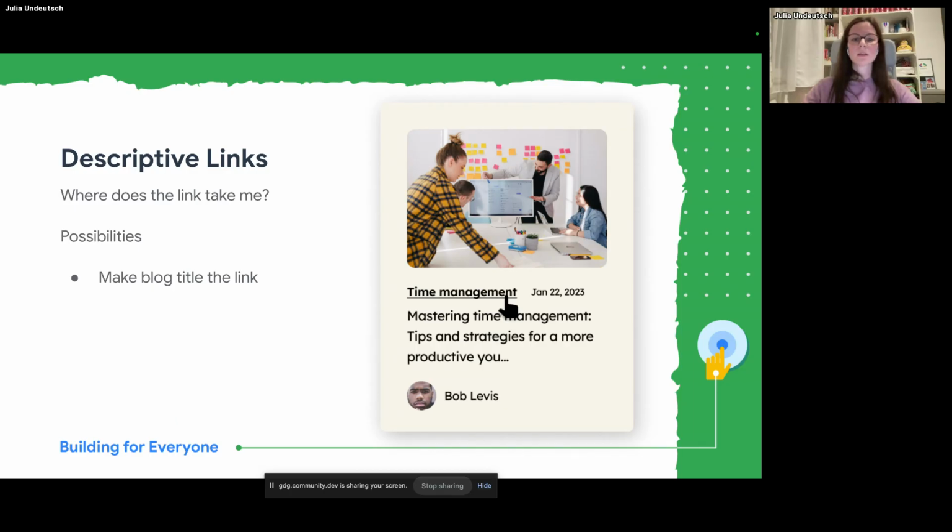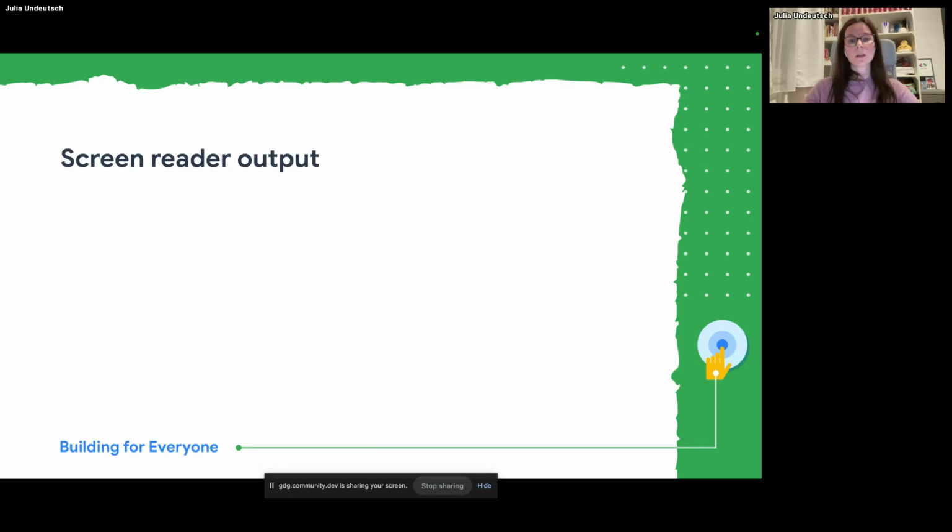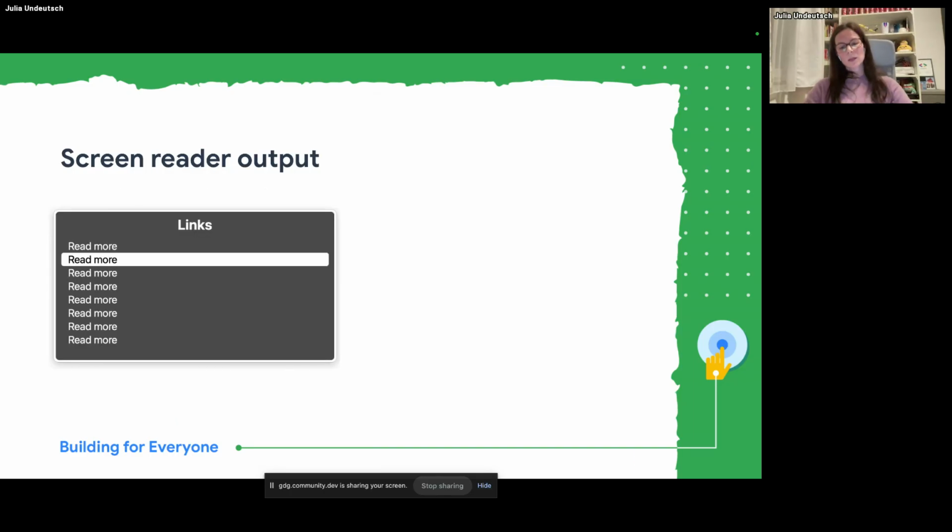And why is it important, especially for screen reader users? We have to think about how blind people, and not only blind people, but people who rely on screen readers, navigate the web a little bit differently. A screen reader is reading the content which is visible for others.